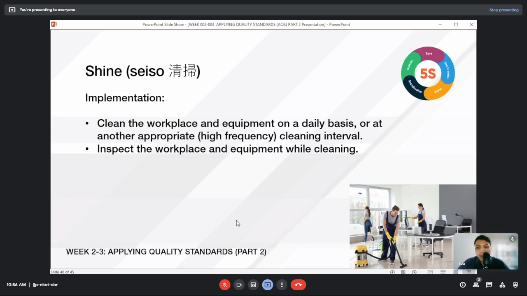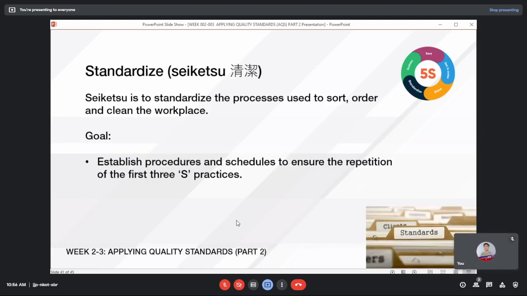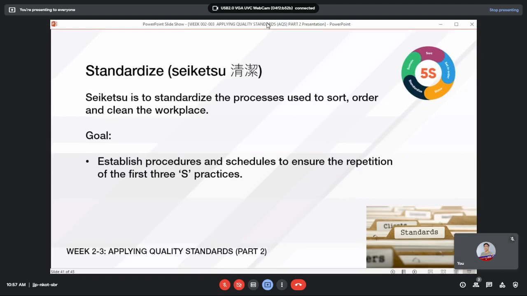Okay? Inspect the workplace and equipment while cleaning. Of course, when it comes to the cleaning, be careful pa rin. No, maiwasan din natin yung tulad ng topic natin kanina, yung occupational safety, na hindi dapat tayo napapahamak when it comes to the cleaning. Okay? Safe pa rin dapat. At the same time, ngayon may COVID-19 tayo, syempre, may additional, 'di ba, na kailangan mas malinis, disinfect lahat. Okay, let's proceed to the